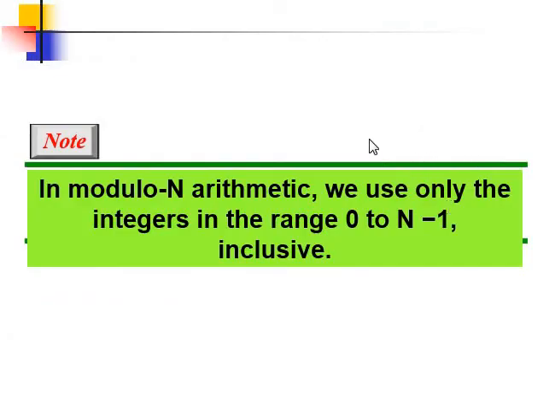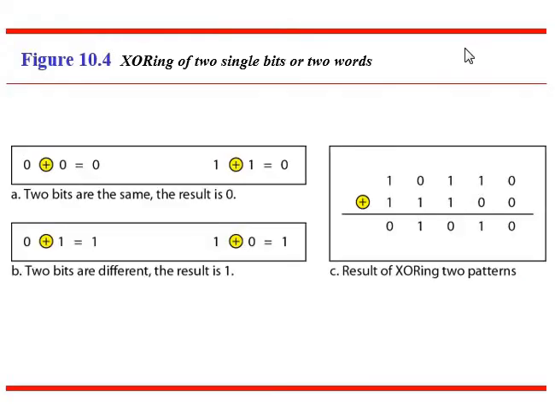So here many techniques are used, that is arithmetic procedures and modulo n procedures. These are the methods used for checking the errors in the received message. Here we are using some integers from 0 to n minus 1, where n is the number of bits present in the message. The major operation performed in error detection and correction is XORing.